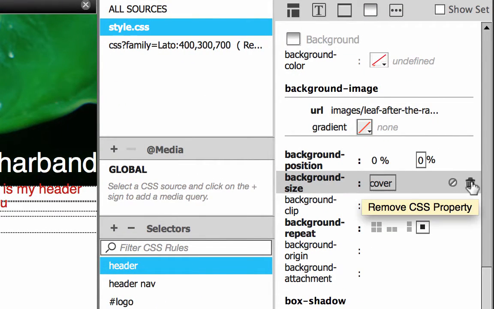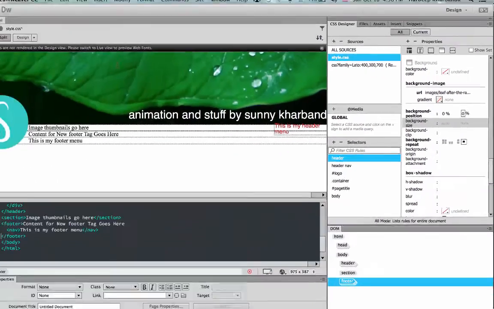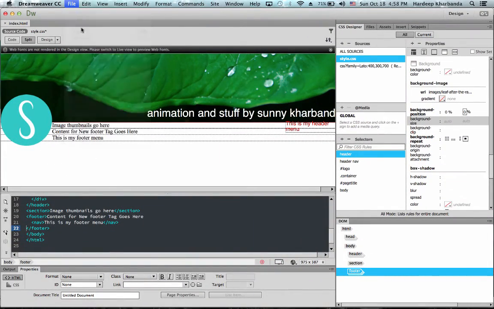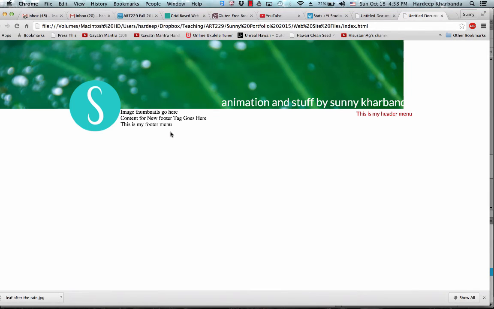So I'm going to remove this property. I'll save all and preview. Now what happens is my background does not cover my entire browser window, but it stops when the image ends.